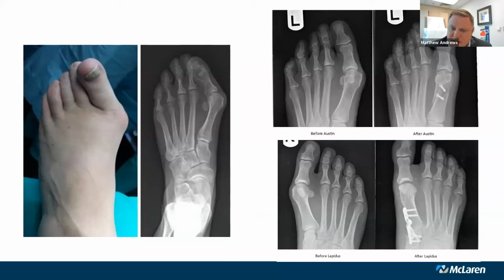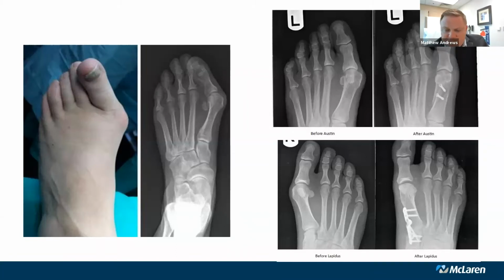The procedure on the bottom is a little bit more of an aggressive procedure. This is what we call a lapidus procedure, which is oftentimes done in combination with flat foot type corrections. But this is for more severe bunion deformities, where we'll oftentimes go fuse one of those midfoot joints to kind of bring that whole metatarsal over and to remove some of those abnormal mechanics of gait that are causing a bunion in the first place.